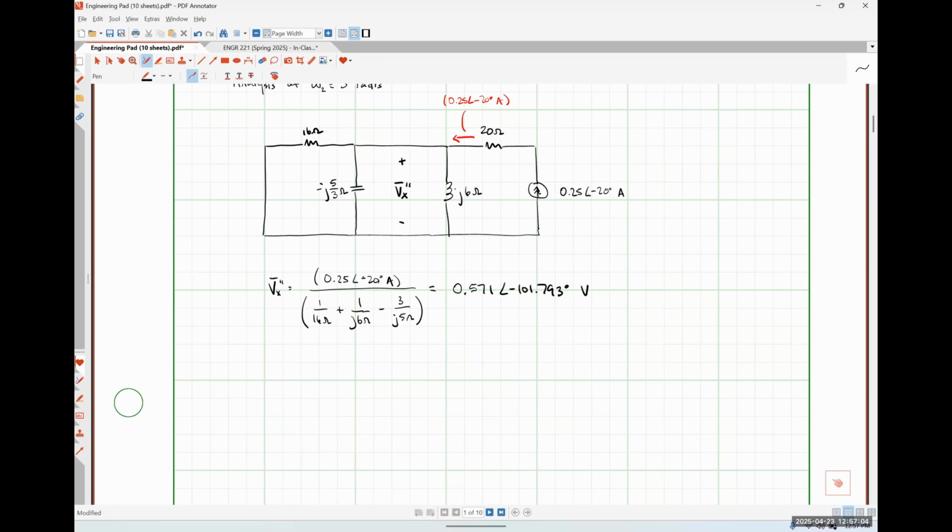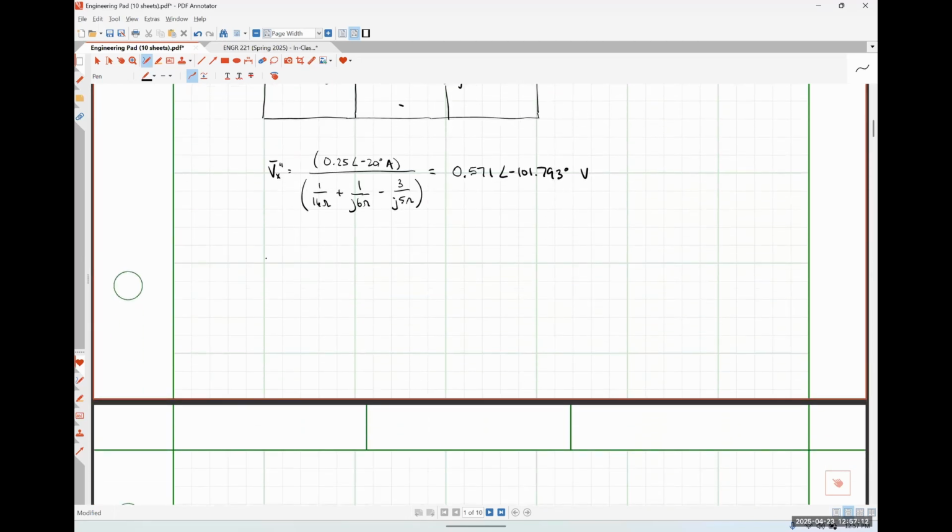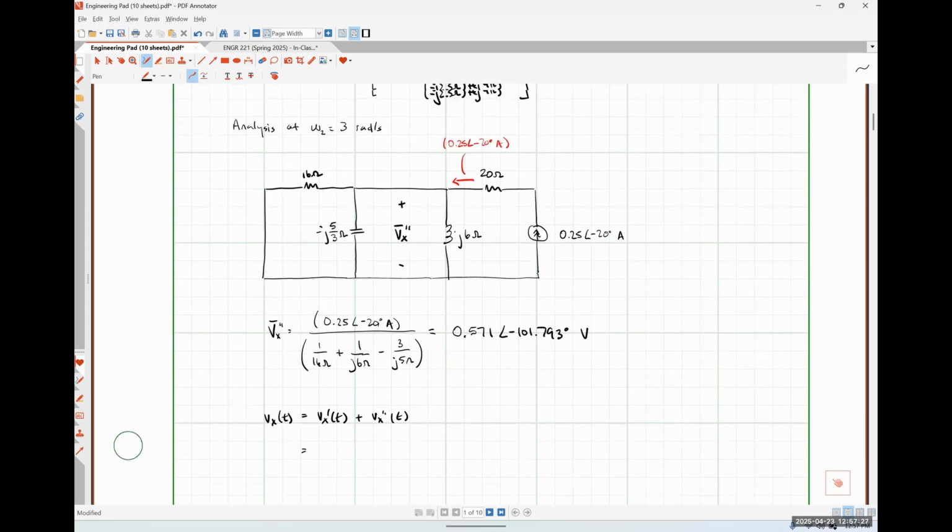So that is a very, very common mistake, which is why I asked the question the way that I asked, okay? So what we're going to find is that Vx is going to be Vx prime as a function of time plus Vx double prime as a function of time. So that would look like